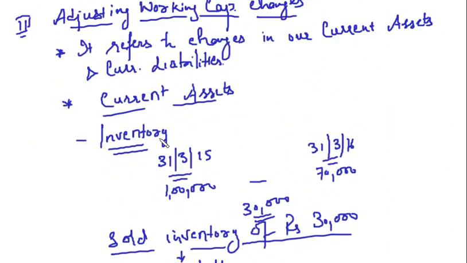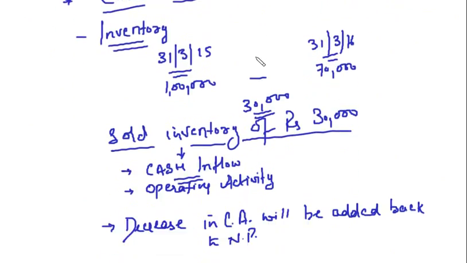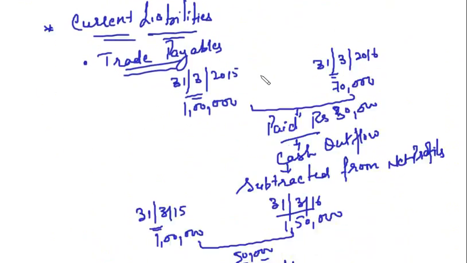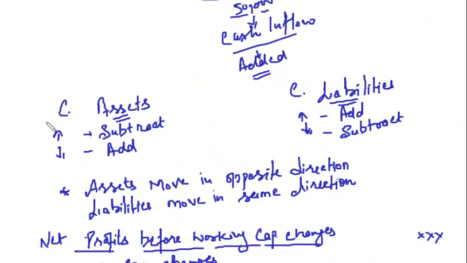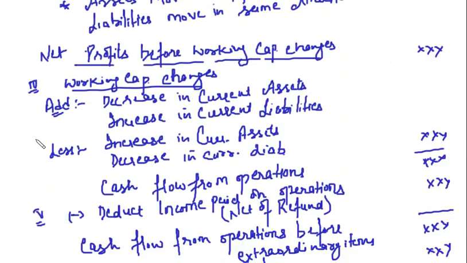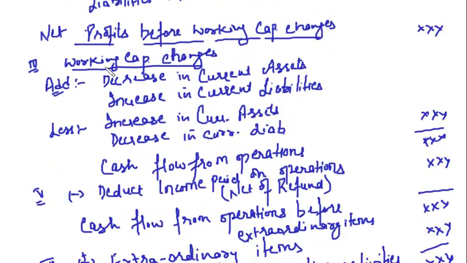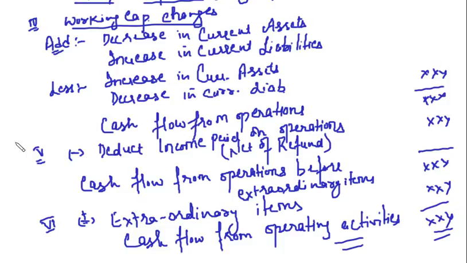Today we have done adjusting the working capital changes, that means changes in current assets and current liabilities. And the simple rule I have told you: current assets move in the opposite direction and liabilities move in the same direction. If there is an increase in the value of a current asset, we will subtract. If there is a decrease in the value of a current asset, we will add back. Then from the net profits before working capital changes, we will do the working capital changes. We will add and subtract what is to be added and subtracted. What we will get is cash flow from operations,